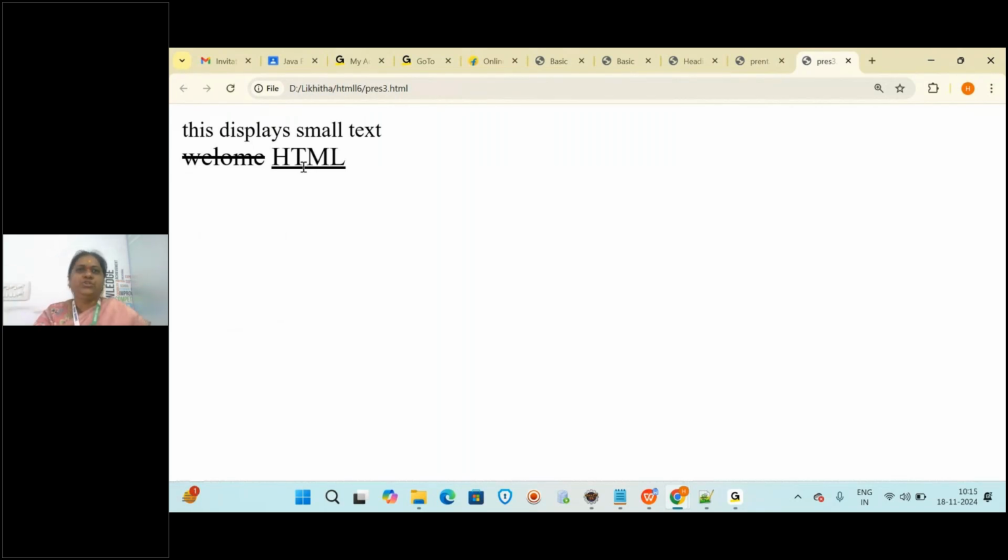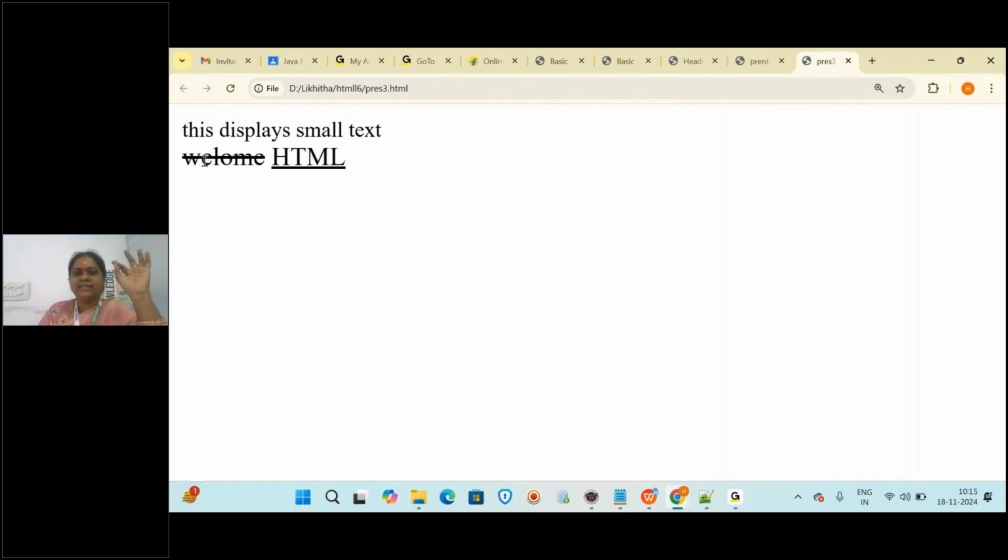So in which situations will we be using it? When you are displaying some text that was used previously, and now it is updated with this one. For example, with the Apple latest version 15 or Android versions, a new version is released, but they wanted to show you the older version and the new version in the document.